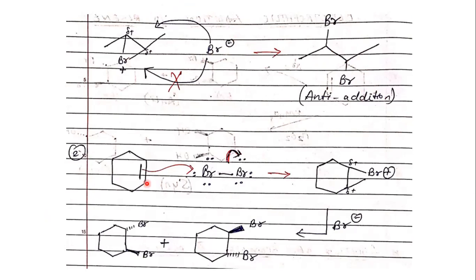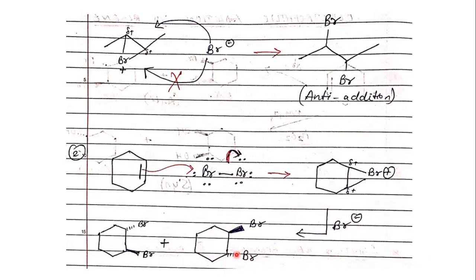Another example, addition of bromine to alkenes, where I have taken a cyclohexene. Same concept, this pi electron cloud is going to repel the electron cloud across the bromine, due to which the bonded electrons are going to shift onto one bromine atom. The other bromine atom, now acting as an electrophile, is going to attack the double bonded carbons to form a bromonium ion, just like before. This bromonium ion will now be attacked by the other bromide ion that has been formed, leading to the formation of an anti-addition dibromo product.